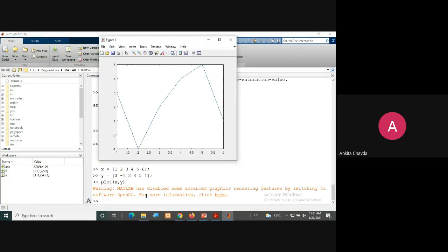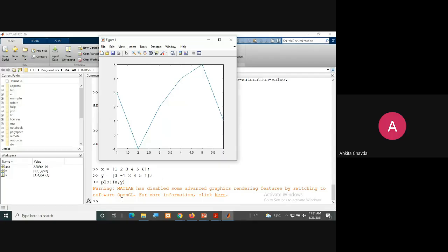Fine. So here you can see the graph. Here I have some values. For the x-axis 1, 2, 3, 4, 5, 6, and accordingly we have values like 3. Whenever the value of x is 1, we have the value 3, so 3 will be here. Then whenever it is 2, it's minus 1. So for 2 it is minus 1. One of the points is here, then one is here, and here.